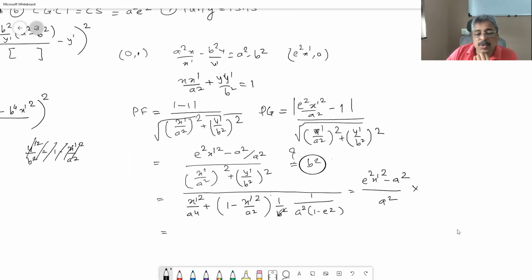So a fourth b fourth is our denominator. Sir, if we calculate PG by the distance formula, then the terms get cancelled and the calculation is easy. That is what I am doing now. PF by distance formula,